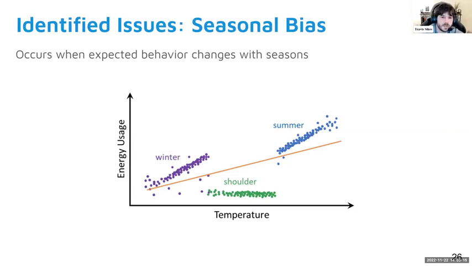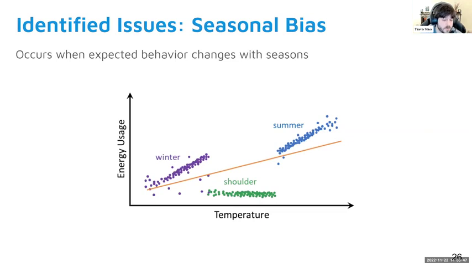All right, so this is a characterization of what you can kind of expect, and this might seem extreme, but we actually see real world meters that look not unlike this in some cases. So here, what I show is energy usage on the y-axis and temperature on the x-axis, where temperature is increasing to the right. So on the left side in purple is winter. The shoulder months, spring and fall combined together, are the green, and then summer are in blue.